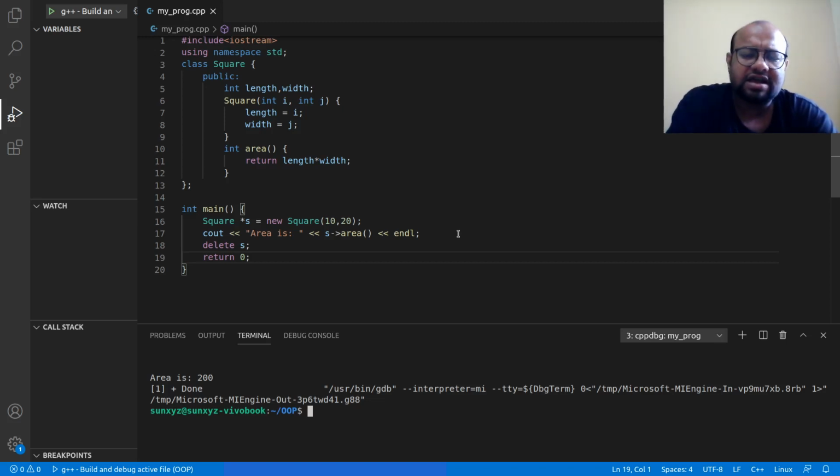And then we saw how to use delete to delete memory that was allocated for an object or for an integer, and then delete bracket to delete memory that was allocated for an array. Alright, so this is the content of today's video.